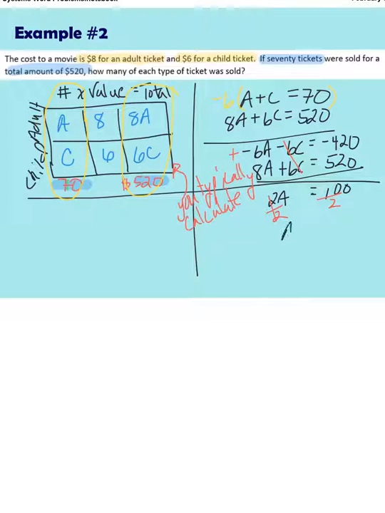And then I get A is equal to 50. Now, if A is equal to 50 plus some amount, C is 70, wouldn't C have to be 20? 50 plus 20 is 70. So I know that C has to be 20. And so does that answer the question of how many of each type of ticket was sold? So therefore,